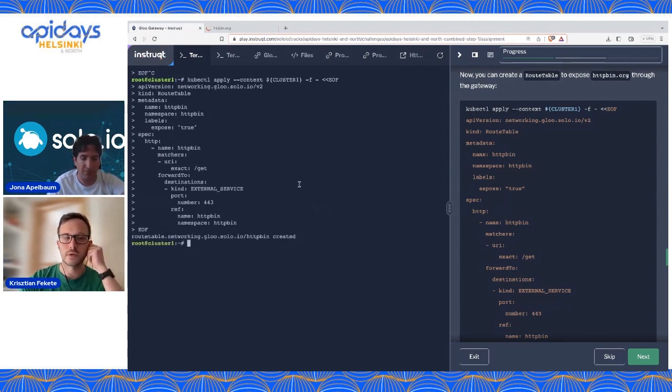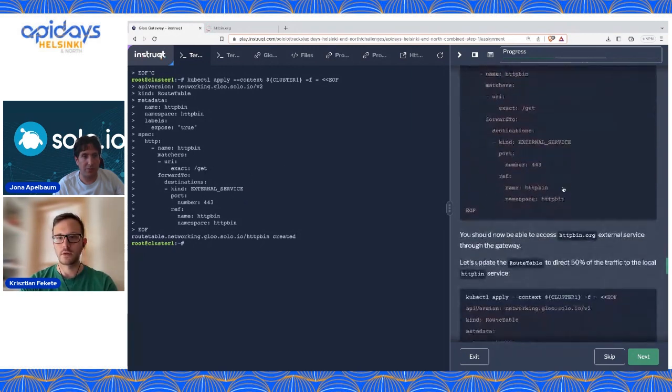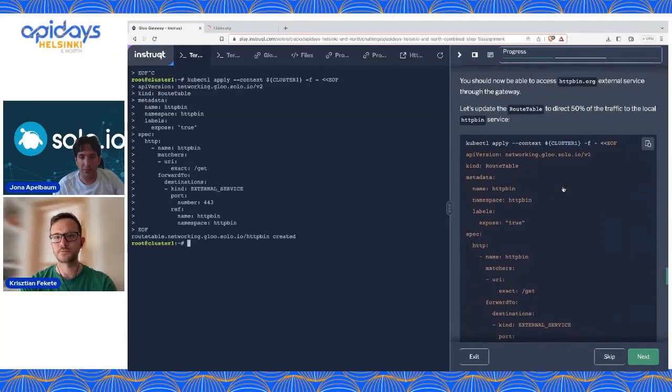So let's create this root table. Basically what it does behind the scene is that all the requests that are coming through our ingress gateway will be routed to this external service. This means that you can have communication between the applications that you have running in the mesh with the external service that you have running on some other location. All right, now that we finished with this,